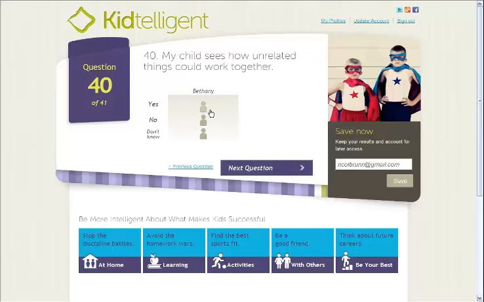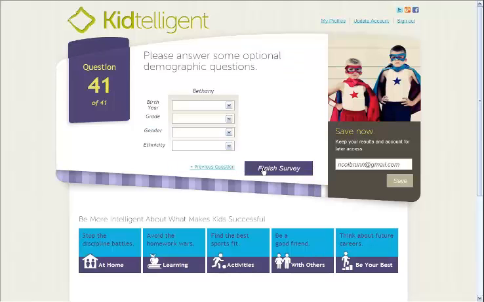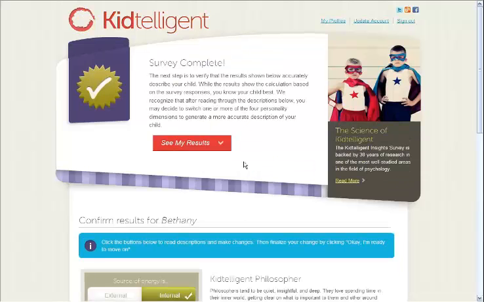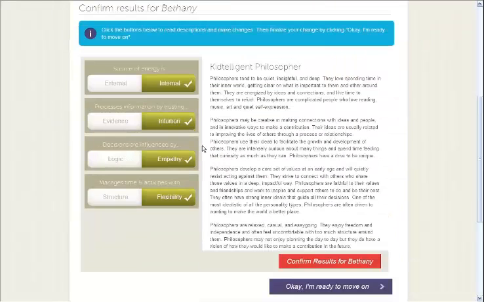I'm going to skip the demographic question for now, and this will immediately give the results for the student that you just went through this. I'm going to click on the See My Results button, and what this tells me is for Bethany, the type she comes out as is a Kidtelligent philosopher, and philosopher is one of the 16 personality types in the Kidtelligent system. I can read a brief overview here of what a philosopher is and what it means to be a philosopher,